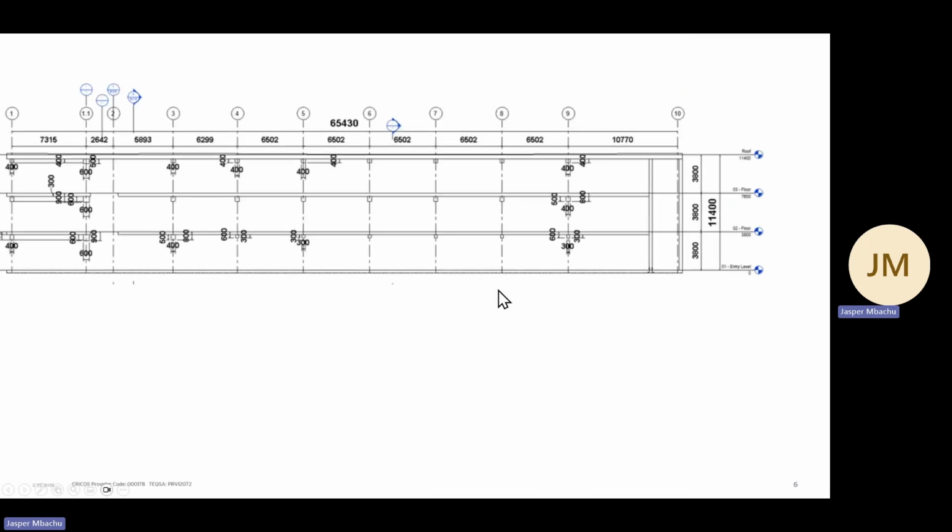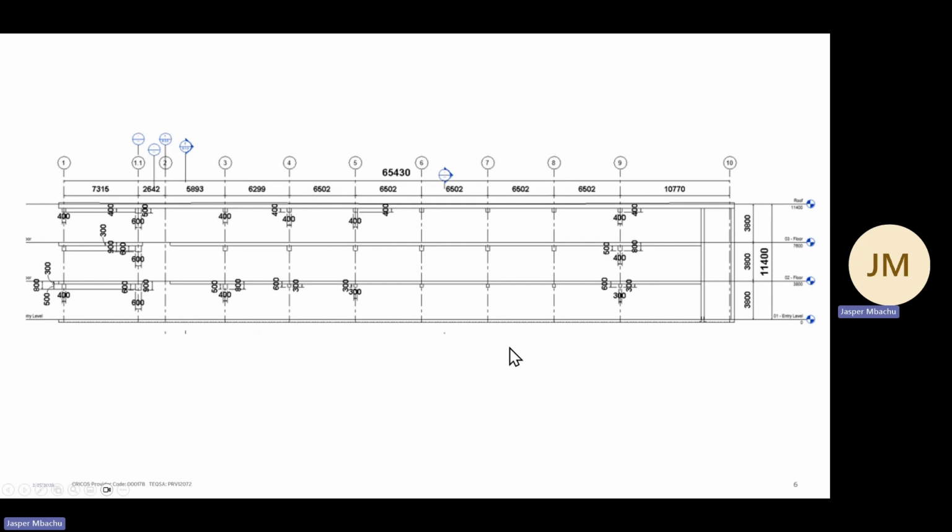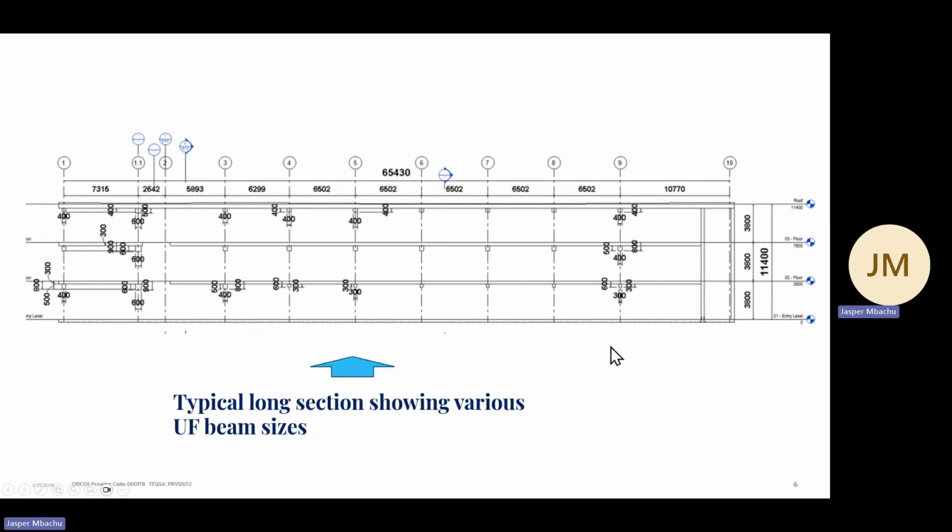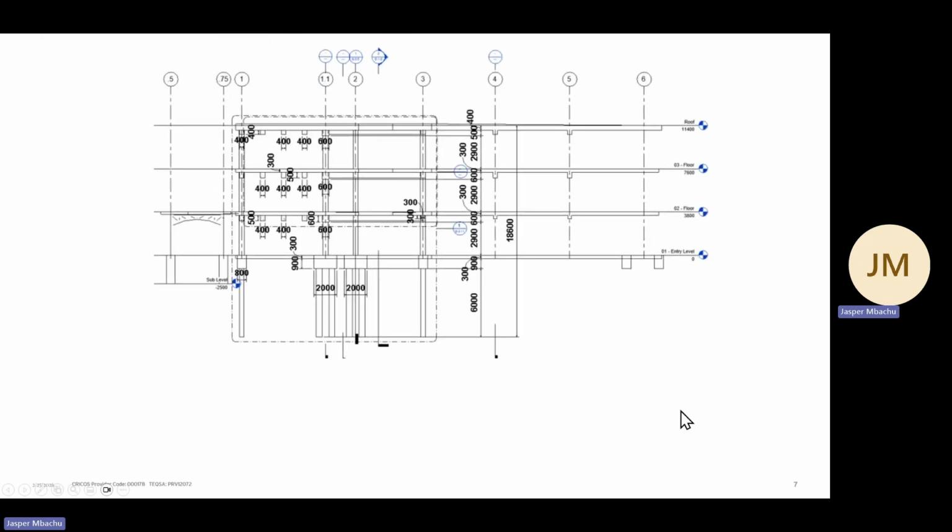All right, and then a typical long section, as we have provided here, showing the various beam sizes. All those 3 beam sizes are given the dimensional annotation there, or better, use a callout to provide the details of typical sizes of those beams. And then you could have one long section, one short section, short in the sense that it's not the longest there, and at least the one that shows the